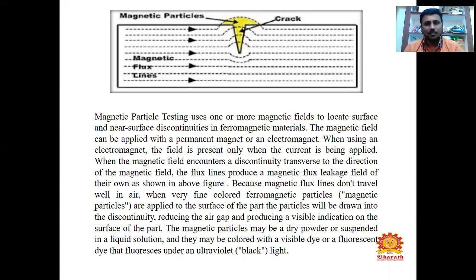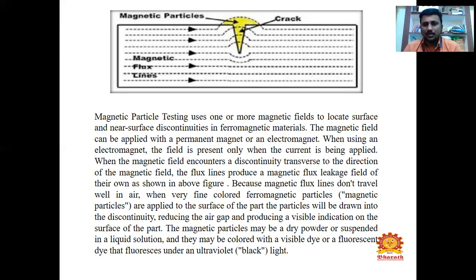The magnetic field can be applied with a permanent magnet or an electromagnet. Whatever magnet is used, we use both permanent and electromagnetic methods.